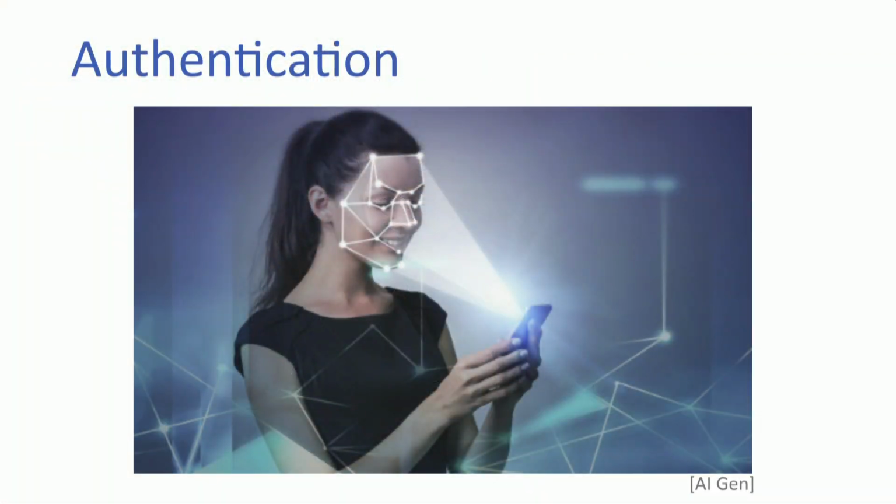I will now present some state-of-the-art deep learning applications, but I will also present some of the ethical concerns related to each of the applications that I'm going to talk about. So I'll start with authentication. Now we can use deep learning to unlock our phones, using an image of our faces. We can use deep learning to sign us into particular apps that we use on our digital devices. We can use deep learning to gain access to restricted areas to which we are granted access. And so all of this is great.